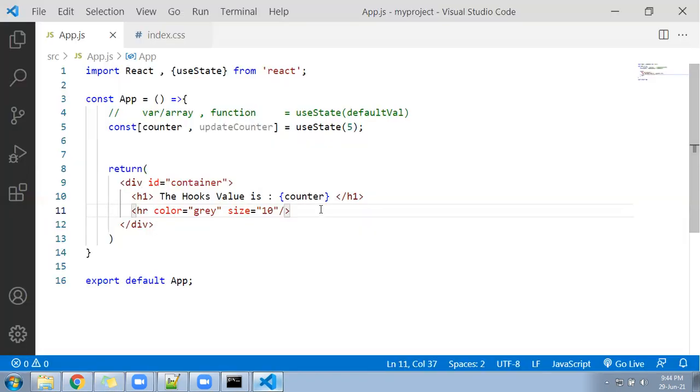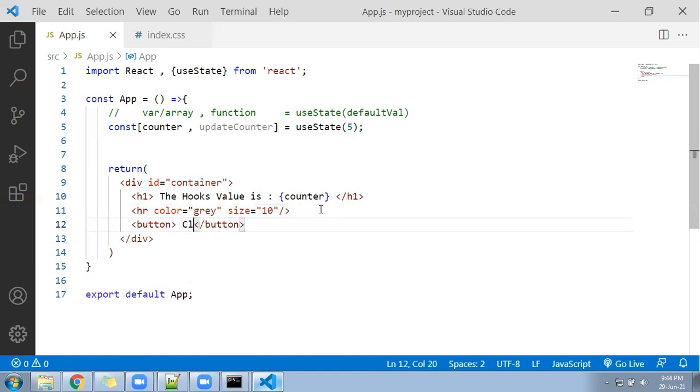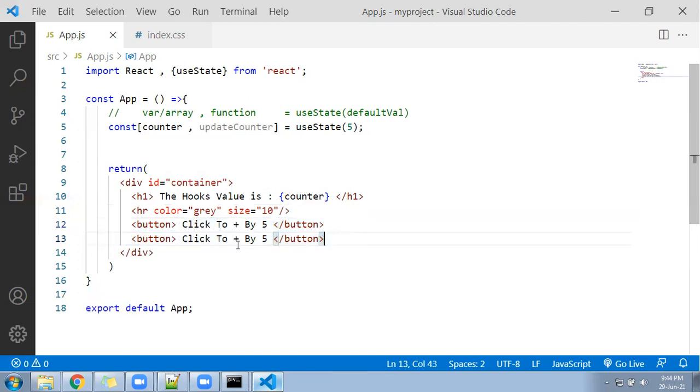I will create two buttons now. One button, click to plus by 5. One more button I'll create, click to minus by 5.